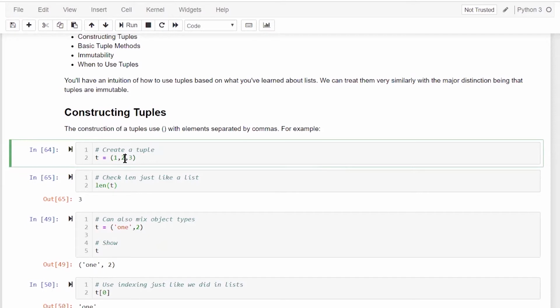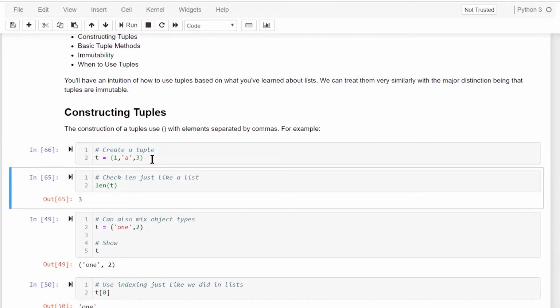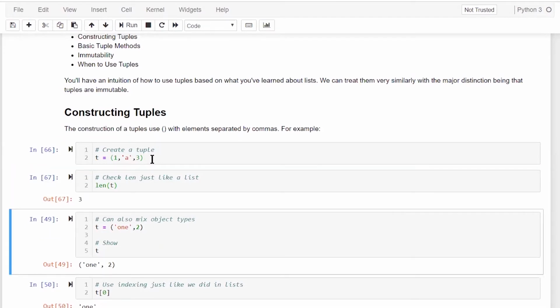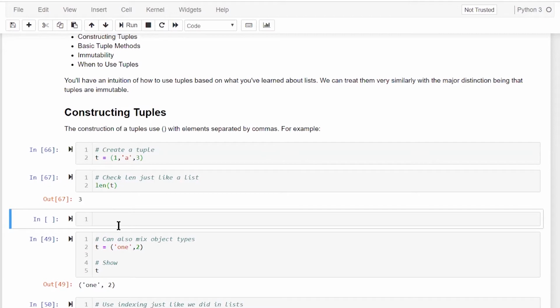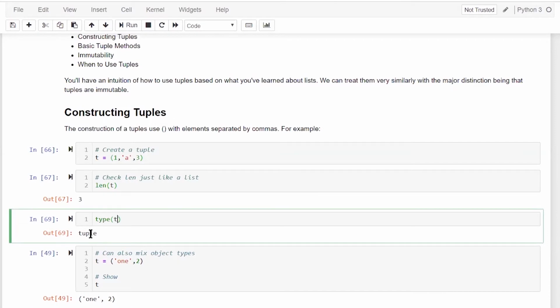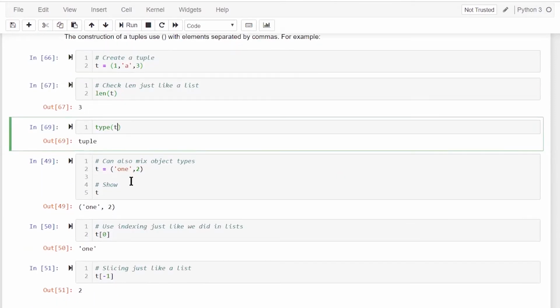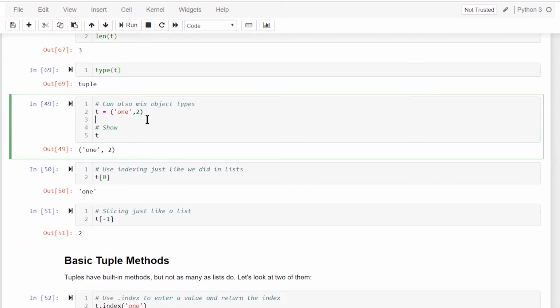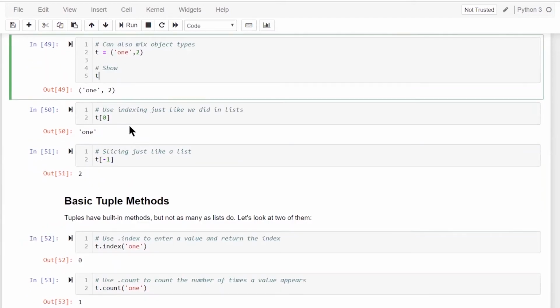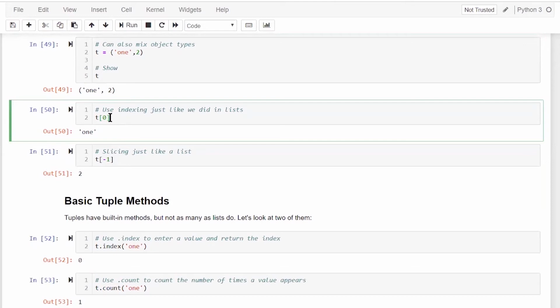I can also change the data type of this, so that remains similar to the list as well. So I can do 2 and the length of the tuple is 3. So I can simply now type t. It's saying yes, t is a tuple object. So we can use the type function to find out which variable is what. As I already mentioned, a tuple can have mixed data types, as is the case with lists. And then you can simply do the indexing with tuples.